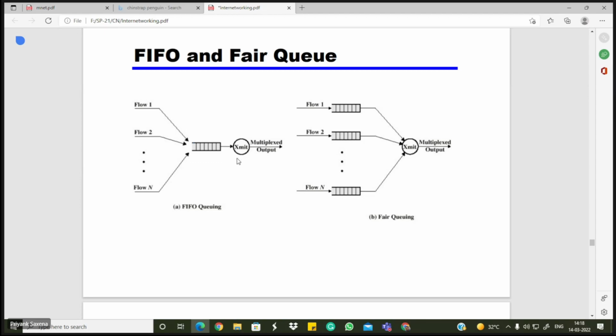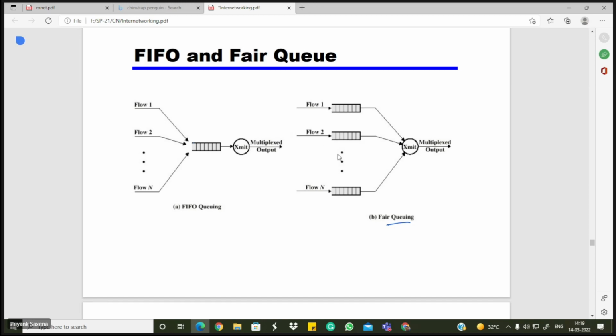But what is the disadvantage? The disadvantage is that there is no preferential treatment given. So even though some applications, some flows which belong to real-time traffic, will also be treated in the same manner. So how is it modified? Here we have a fair queue. So in fair queuing,